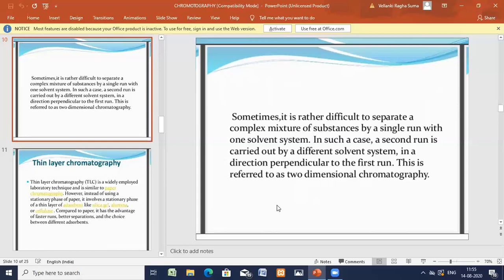Preparation of sample, paper, and the solvent, and thereby development of the chromatogram we can see. In this paper chromatography, still further in detail, the next classes will be explained. Just the outline of the chromatography I have explained for paper chromatography. Now in a similar way, the outline of the thin layer I'm going to explain, and the outline of the gas liquid also.